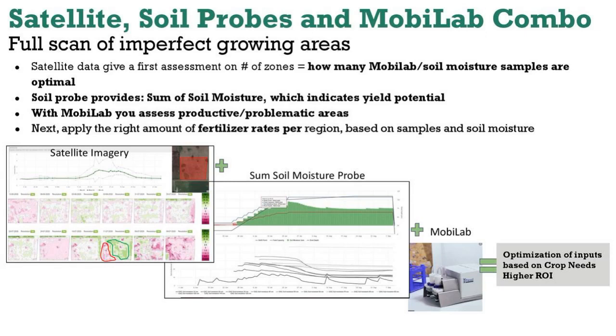So it's a combination of IoT devices that can be used to figure out what the problem is in productive and non-productive areas. So whether it's the vegetative state because of a lack of moisture in the rooting zone, or I could go in with what we call a mobile lab device, which is the ability to do your own soil chemistry or plant sap analysis right at your own farm and have results within a couple hours of that particular location. So now you can go into a field and take a whole number of samples, not one, but a whole host of samples, come back and assess very quickly what I have in terms of nutrients in my field.